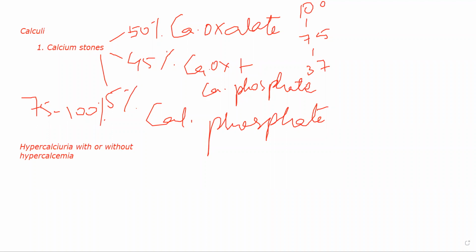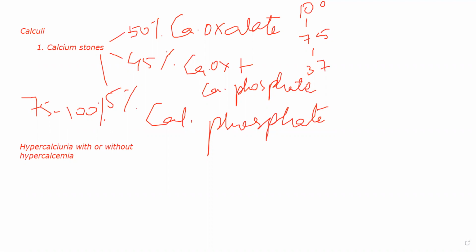Now generally these calcium stones will be very small, less than 1 centimeter. They'll be ovoid, oval and spherical kind of stones, and they'll be very hard. They have a granular surface, and generally they'll be dark brown in color. This dark brown color is because these hard stones can damage the walls of your urinary tract, and as they damage the walls, blood stains will come on these calcium stones. Repeated trauma causes blood pigment to get deposited on these stones, so they become dark brown in color. They generally have sharp edges.